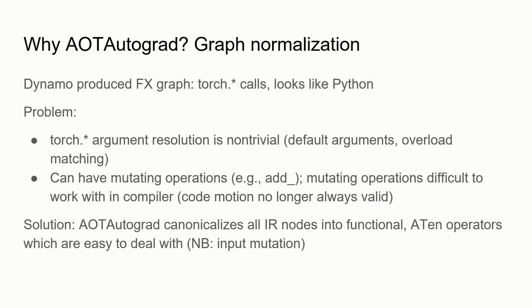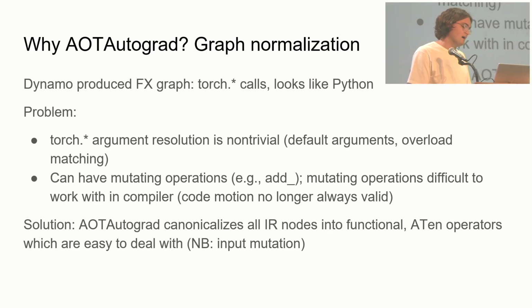One thing it does is it normalizes the graph, so it removes high-level Torch APIs and replaces them with invocations to the low-level kernels. This makes it a lot easier for handling complicated PyTorch calling conventions, like taking either variadic inputs or tuples, et cetera. So it makes it much easier in a standardized form